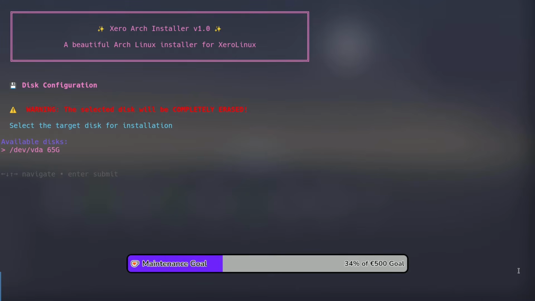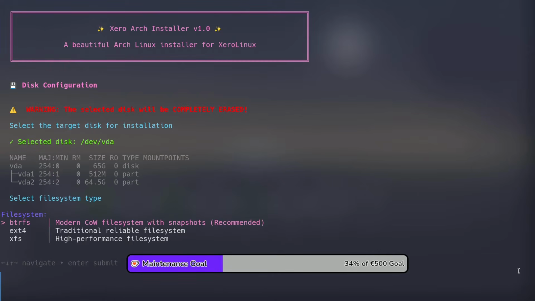Do not install it on the same drive as Windows. If you do, I'm not responsible. You break your system, it's your fault. Heed my warning. You hit enter, and now you have a choice between